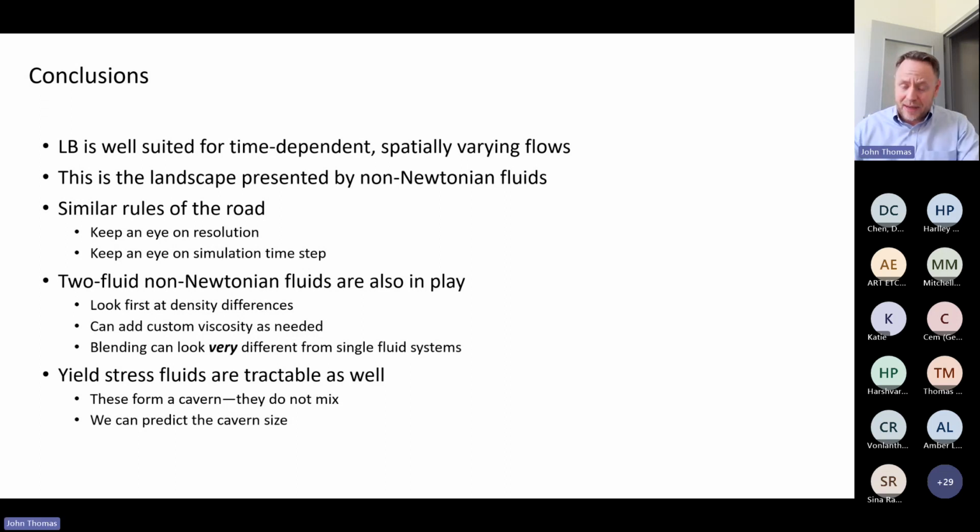Likewise, you need to keep an eye on time step. This is not an M-star thing. This is a fluid mechanics thing. If you have a very low Mach number system, you need to have a very low Mach number in order to realize a low Newton number. Newton, Mach, and